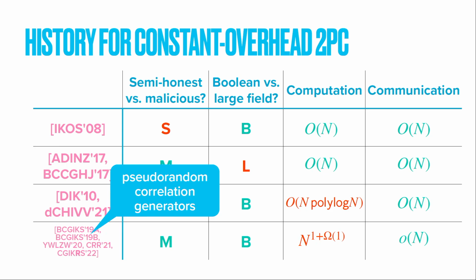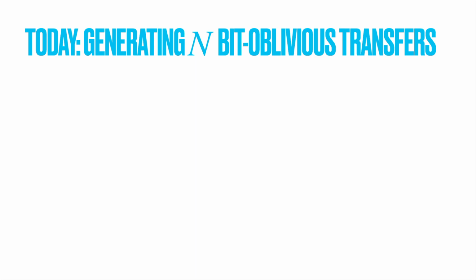Now, I would like to be able to stand here and say, okay, we get the result where I have greens in all the entries, and so we're done here. Unfortunately, I can't stand here and say that, but I can stand here and say that we make progress on what we think is a natural step towards this goal. And that's we're going to focus specifically on the task of generating n-bit OTs. Okay, so I'll define OTs in a second.